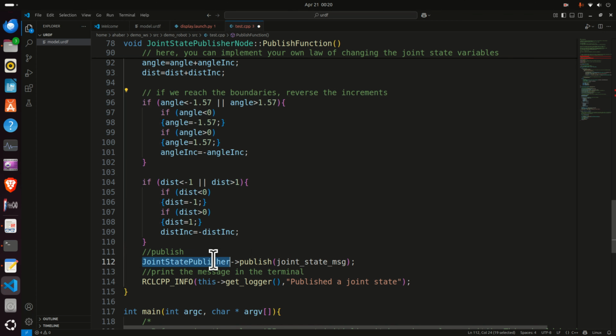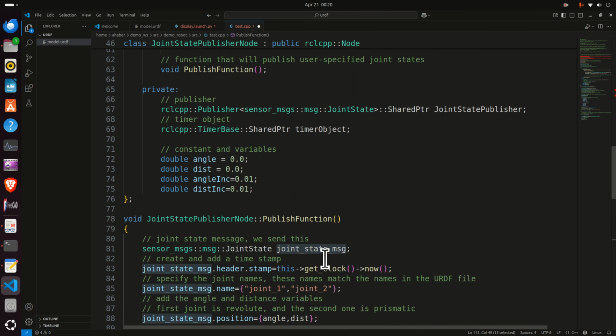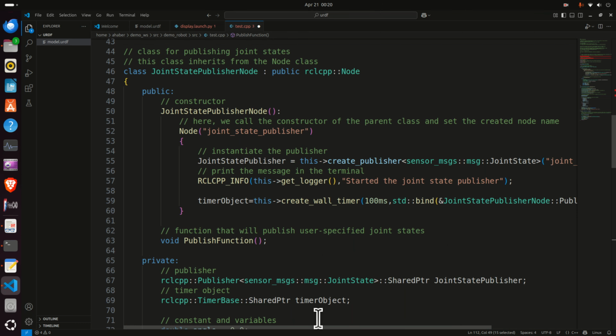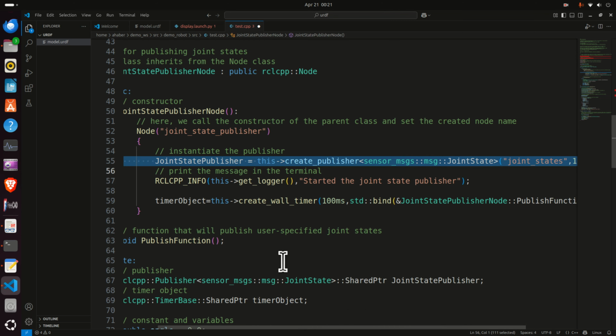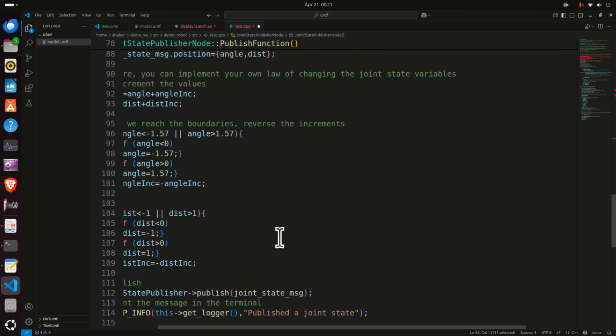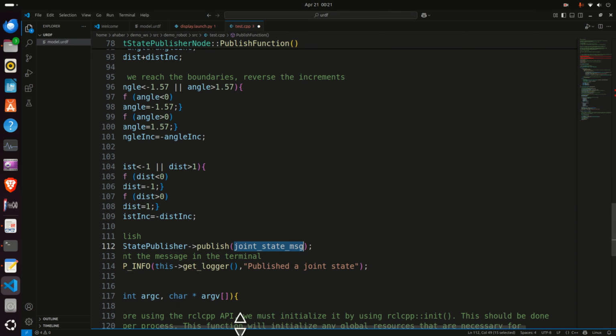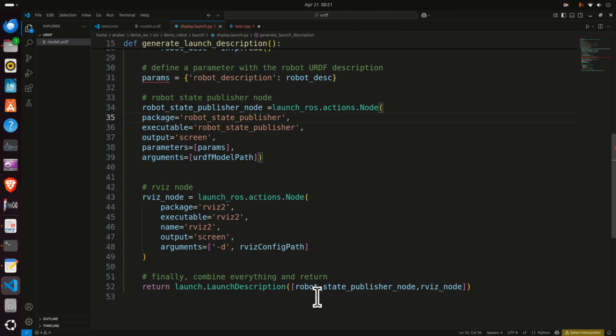And then finally, once we update everything, we simply publish the values. That is, we publish the complete joint state message. And this message will be sent through the topic whose name is joint states. You can see where this topic is being defined. And this value, that is the value of joint state, will be passed further to the